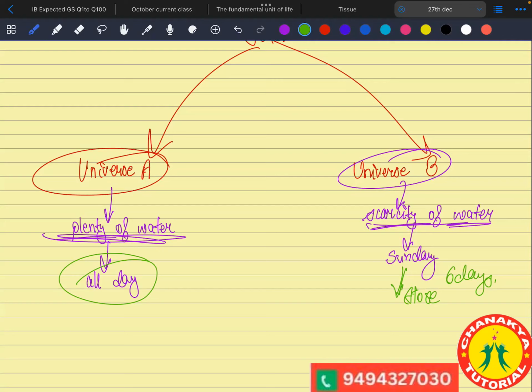Same is the case in plant and animal cells. Plants cannot move. Not the cells, but the plant itself cannot move, due to which it needs to store food that can be used for a longer period. Whereas animals can move from one place to another, so they can gather their food, like we ourselves are animals.